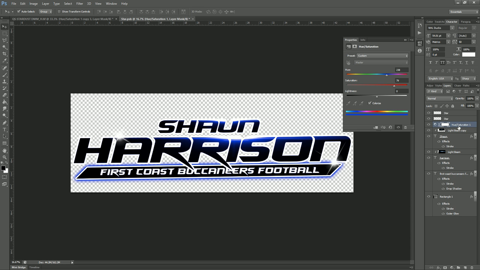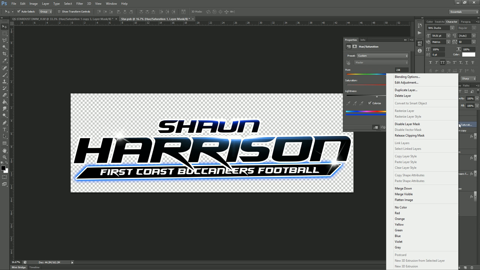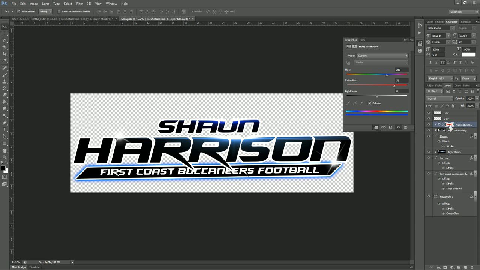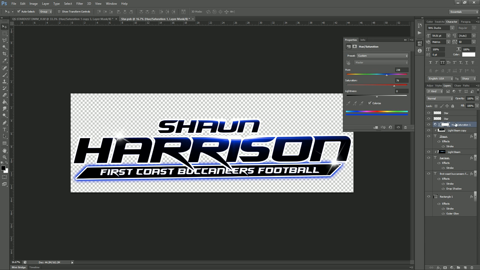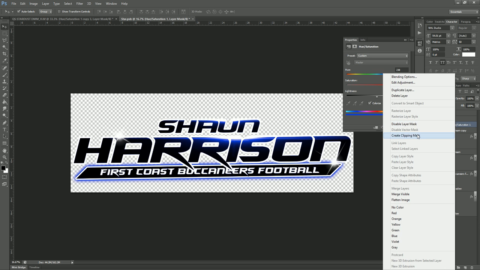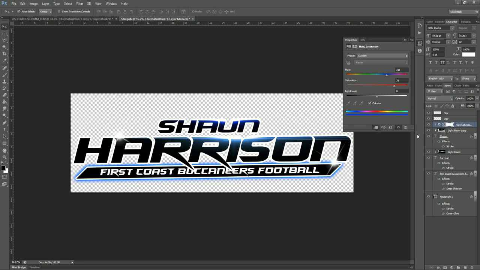So to do that, either hold down your Alt key on a PC, on a Mac I believe that's your Option key, and click, or you can right click and say create clipping mask. So that's how you would mask that into that layer. At this point, then you can change the color to whatever color you want. So there's our green,